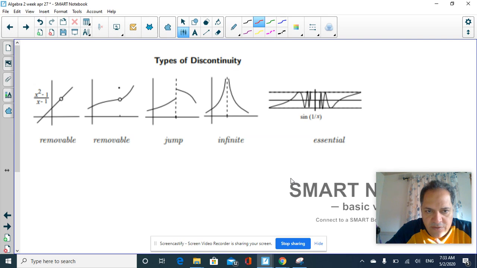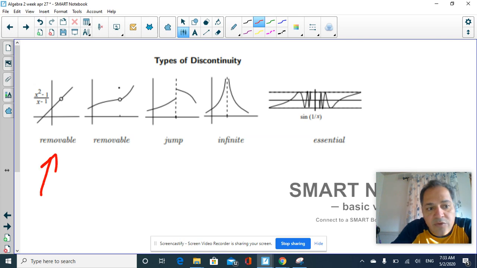We are going to study today types of discontinuity. And before we start, I'm showing you. If you look at my screen, you will find the points of discontinuity, which is the first one is